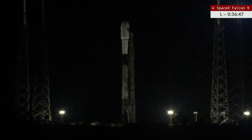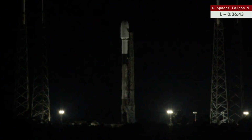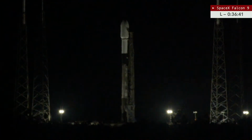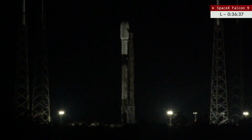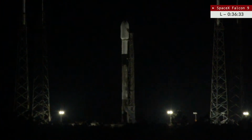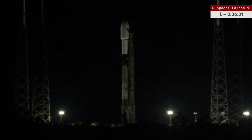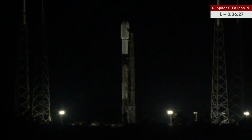And we just heard a call that tanks are venting for propellant load. So a good sign there that propellant loading is going to begin in less than 2 minutes on the Falcon 9. The launch control team, the engineers overseeing the countdown, is stationed down at SpaceX's Launch and Landing Control Center just near the south gate of Cape Canaveral Space Force Station, a few miles to the